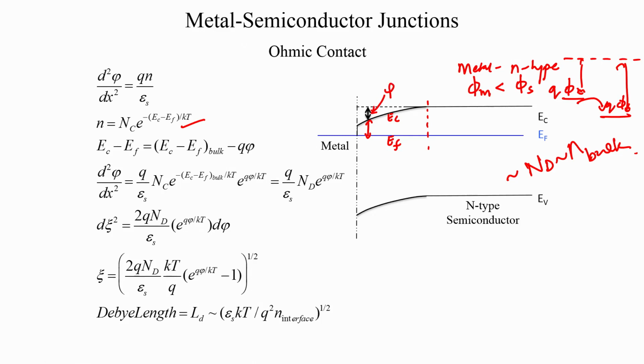So, Ec minus Ef at any location is the Ec minus Ef in the bulk minus phi, right. So, if I call that A, B and C, C is equal to A minus B. Okay. So, therefore, Ec minus Ef in the region where the band is bending, I will call that Ec as a function of x. So, that is what I have written there. Ec minus Ef in the region where the band is bending is Ec minus Ef in the bulk minus q phi. Okay. So, that is q phi,